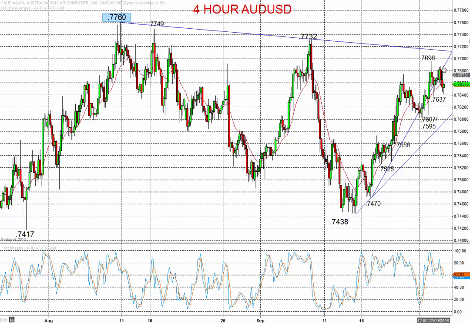Similarly for Aussie dollar, US dollar, a strong uptrend in here from the early part of September. The market just faltering here of late, but holding above support at the low 76s, 76.07 to 75.95, and we're looking for a rebound from there through resistance here at 76.96 and 77.32.